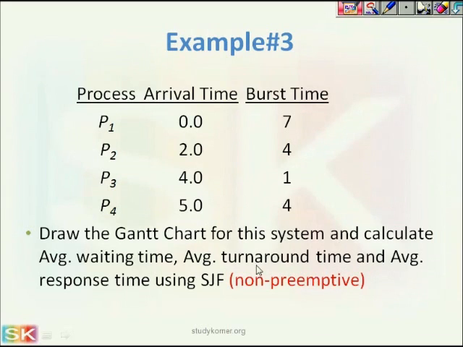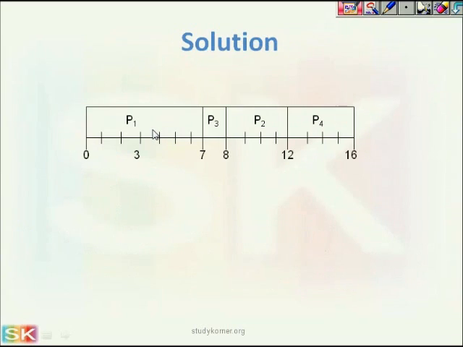So even though P2 has less CPU burst time than P1, still P2 will not be able to preempt P1. So P1 will finish its execution first